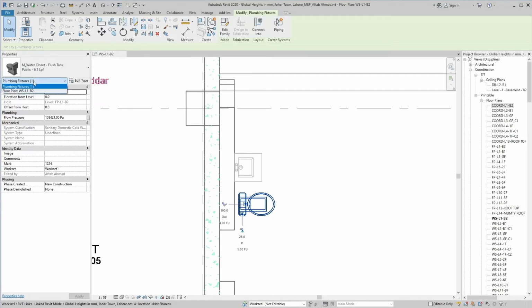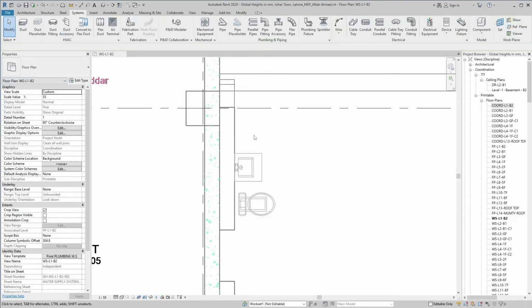Below the type selector is the properties filter. This is a drop-down list containing the properties of the active view or the template being used. When an element is selected, it is added to this list by its category name.